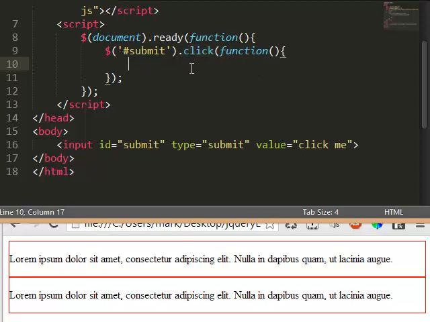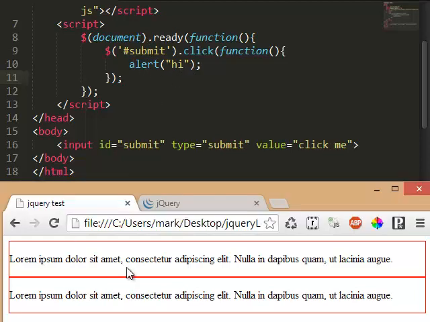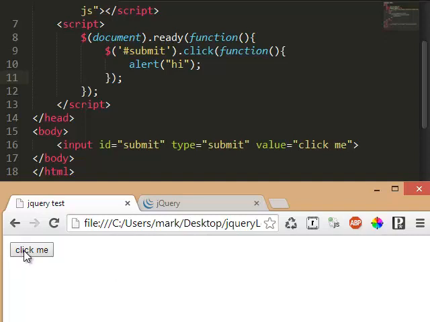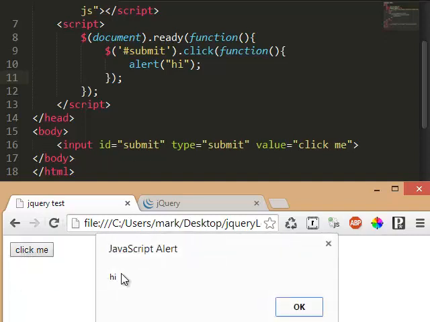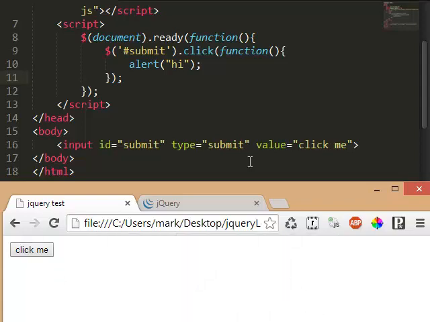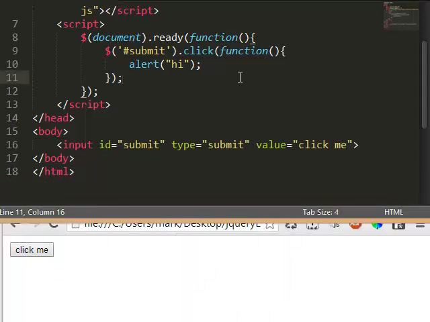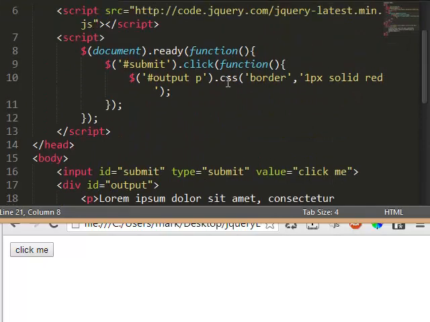So let's go ahead and do that. When this button's clicked, give me an alert. Throw me an alert box that says hi in it. So here's my button that says click me. That's this code here. Click it, and it says hi in an alert box. So now we're getting into some interesting stuff. That is not very cool, but how about we go back to our other example